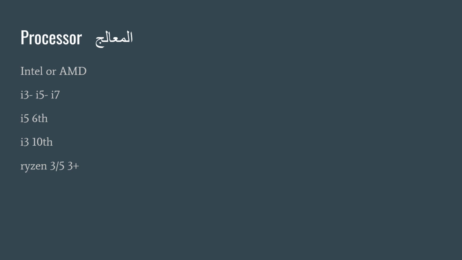Another important issue is you have to know that an i3 10th generation will give you better performance than an i5 6th generation, and it might be cheaper, given that you can buy an i3 10th generation in a new device for a lesser price than an i5, let us say 7th generation, in an older device. So don't buy an older generation if you can, and if you are absolutely on a very low budget, don't buy